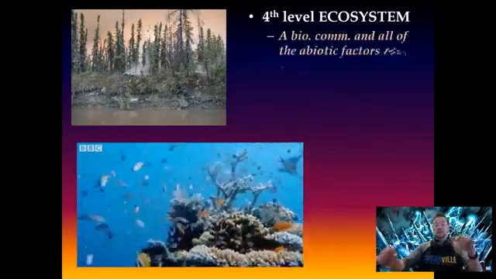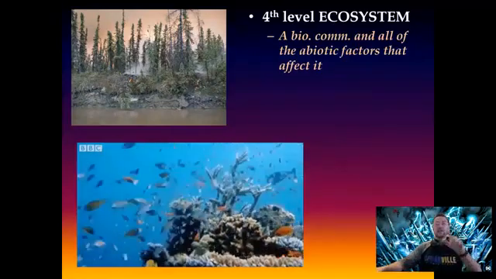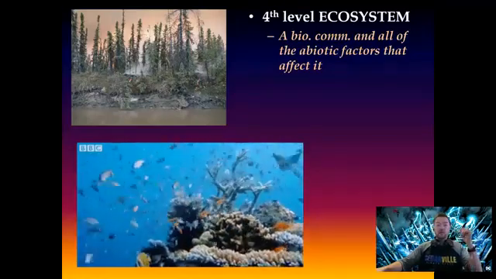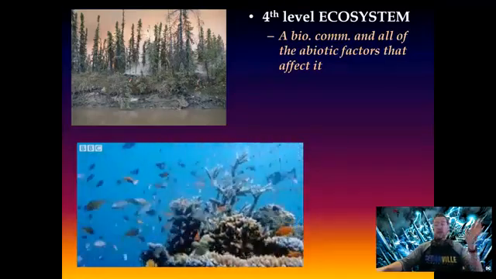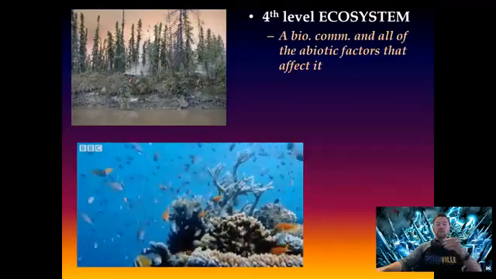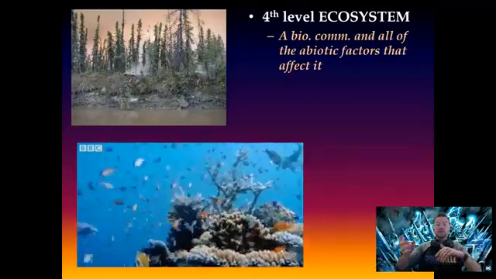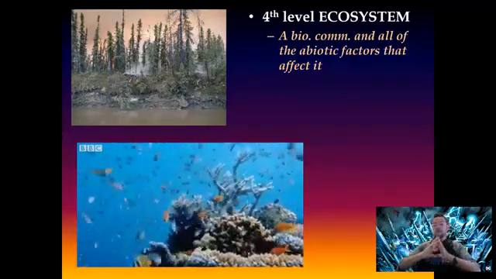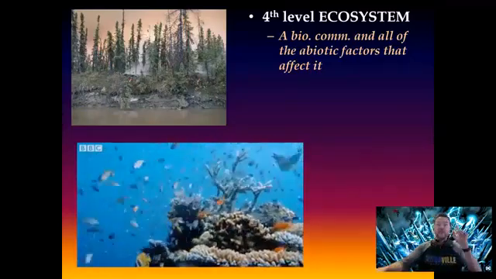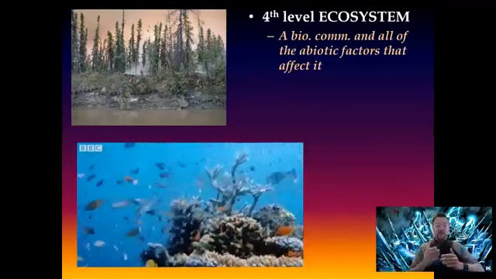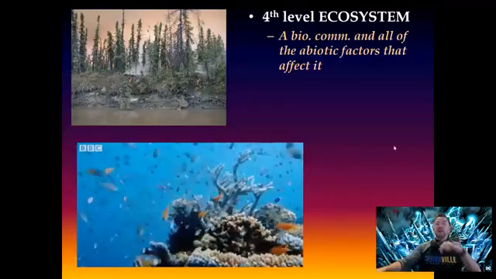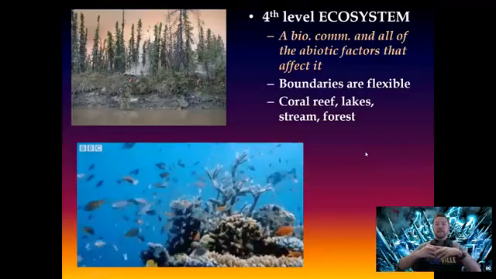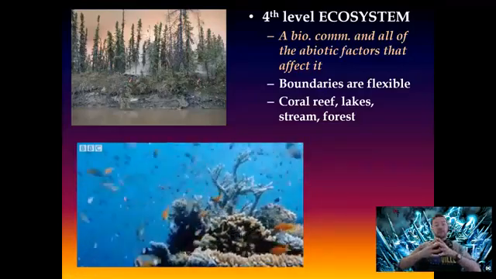An ecosystem is all of the living and non-living things in that area. On my hike, you saw the trees, you saw the grasses, but you also saw rocks and you saw water, but also the temperature of the air at the time, the amount of sunlight that was available. All of those things belong to an ecosystem. It is all of the living things, which would be the community, but also the non-living things, the biotic and abiotic factors. The thing about an ecosystem is that your boundaries can be flexible.